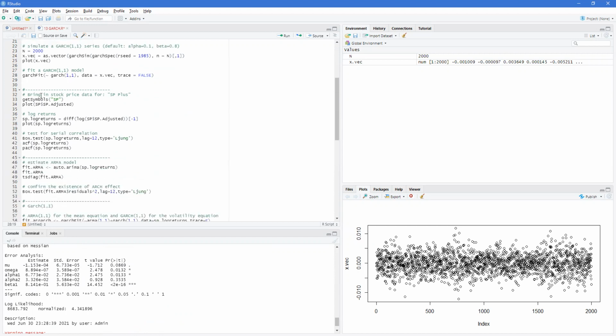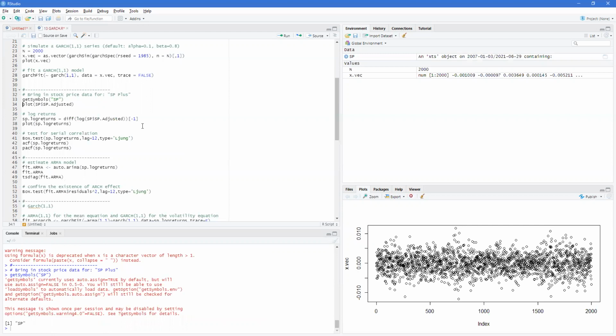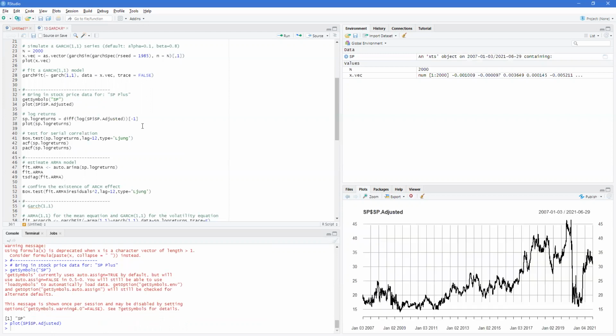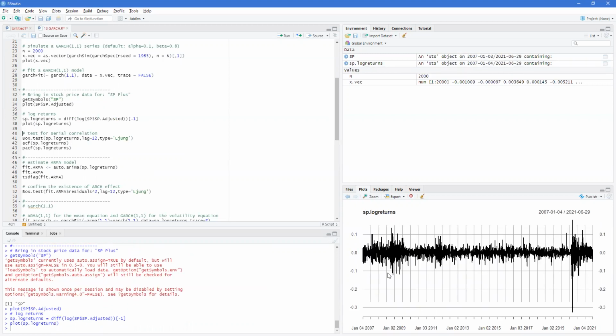Now, let's bring in some data. We're going to bring in the SPY symbol, and we can plot the adjusted price and see what the data looks like. This is the most recent observations at the time of recording this video. Then we can plot returns, and we can see that there's a cluster here, a cluster here, and a cluster towards the more recent times, which says that